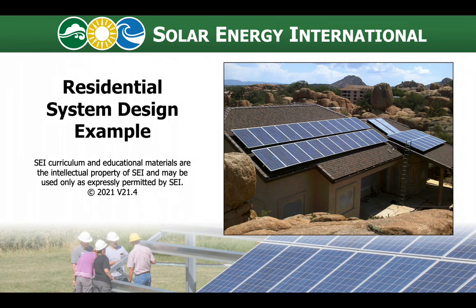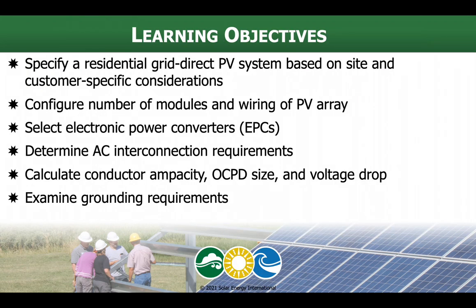In this presentation, we're going to be going through a sizing and design example for a residential scale system. We'll talk about some of the parameters and considerations to get started. We'll go through configuring the array in terms of the number of modules and how it is going to be wired. We'll talk about the electronic power converters we're going to use, look at the AC interconnection, go through our conductor sizing and overcurrent protection device sizing calculations, as well as voltage drop, and look at grounding for the system